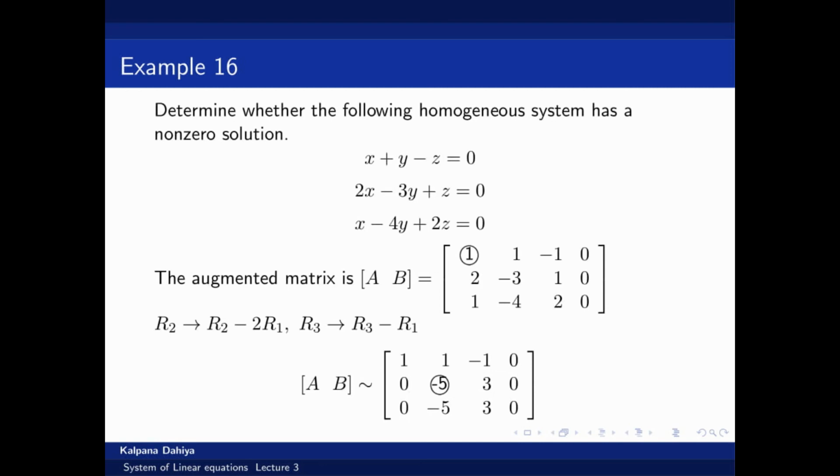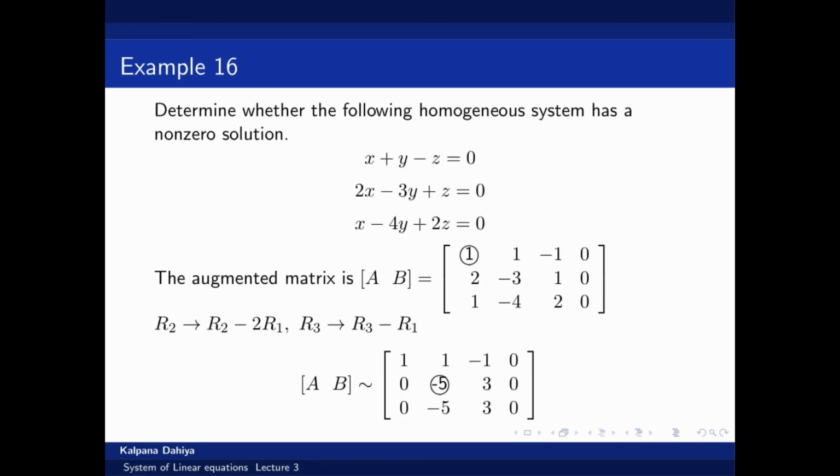The first row here we have 1. First entry is non-zero, so this is the pivot element. Now we apply suitable elementary row operations and we make all the entries in the first column 0 except the pivot element of 1 in the first row. So for this one the operations are: